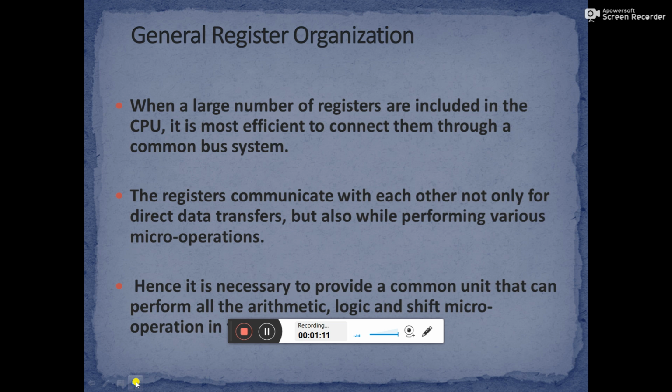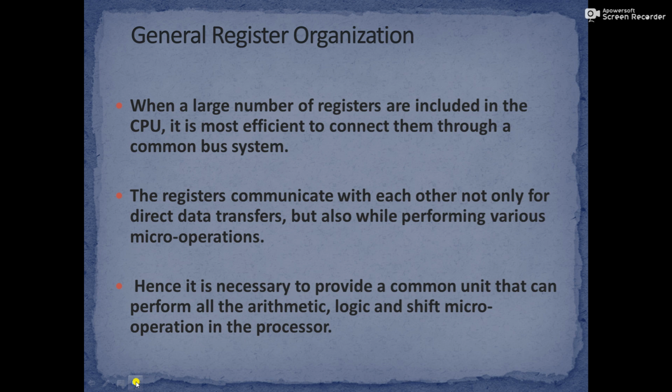Why do we need general register organization? Referring to memory during execution is time consuming. It is more convenient and more efficient to store the intermediate values in processor registers. When a large number of registers are included in the CPU, it is most efficient to connect them to a common bus system.